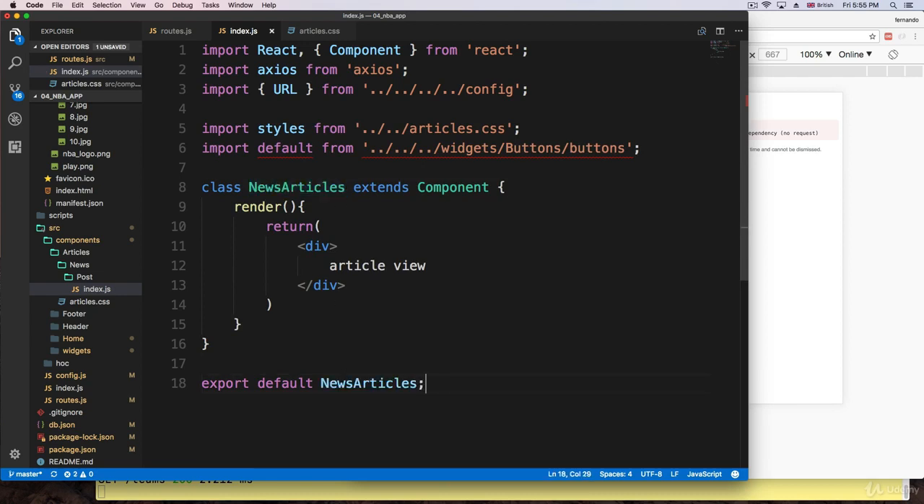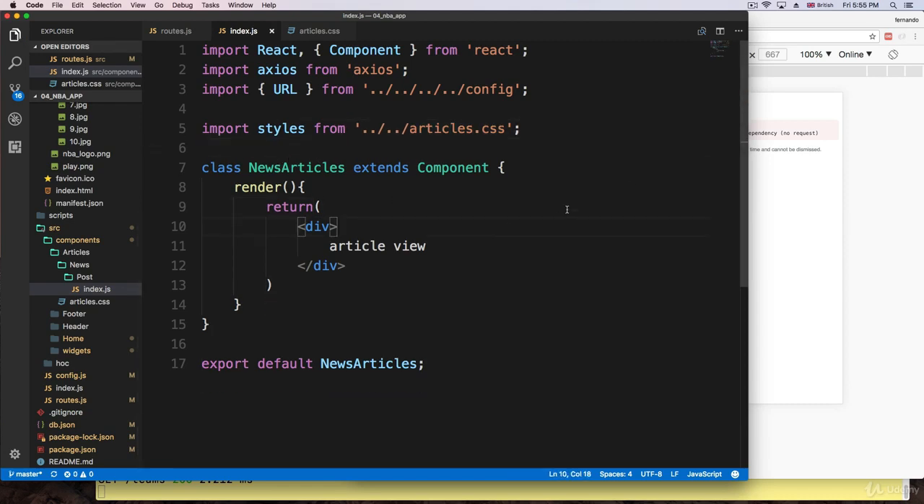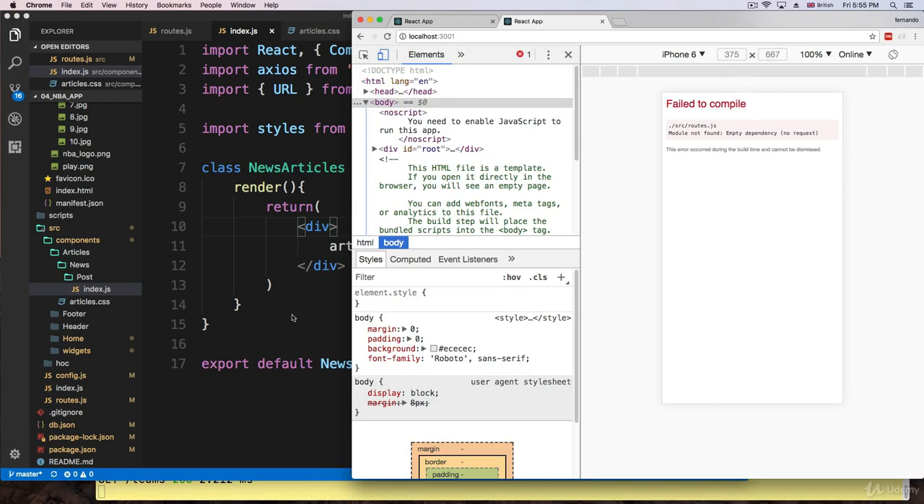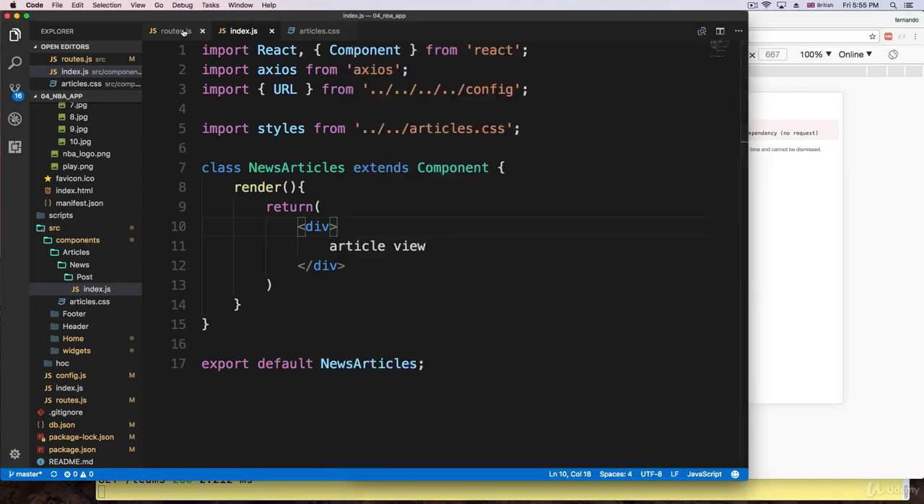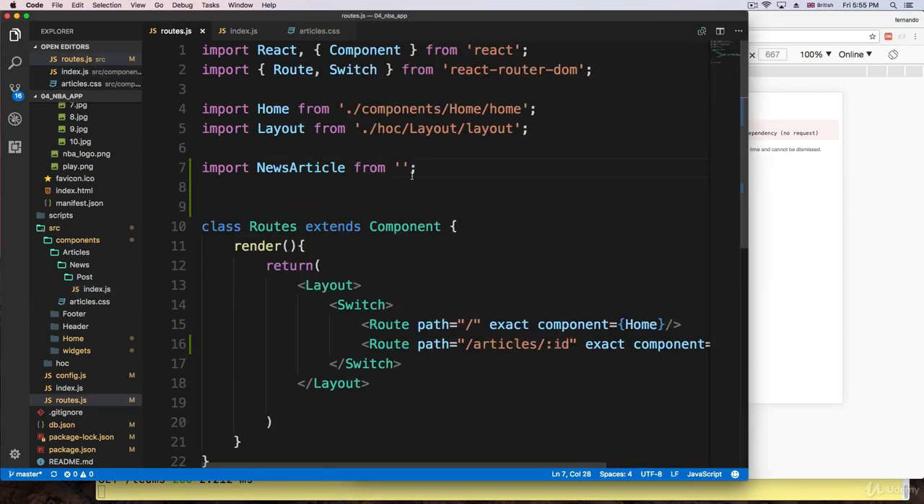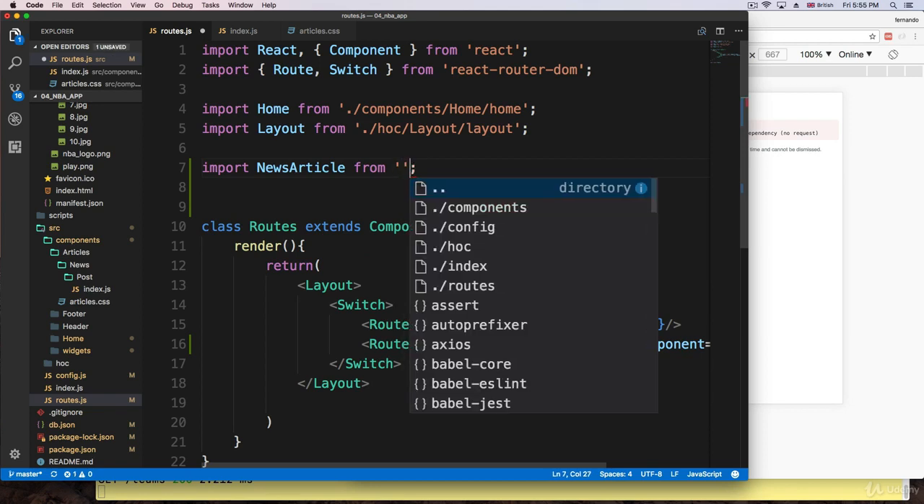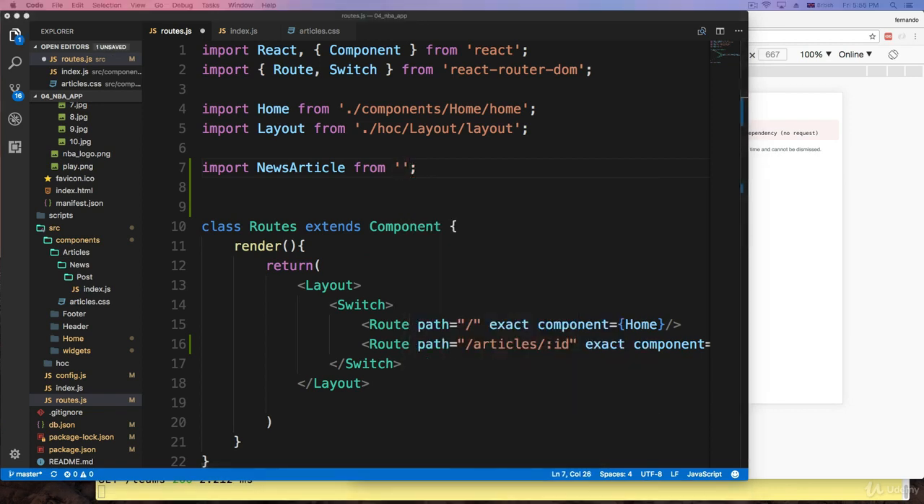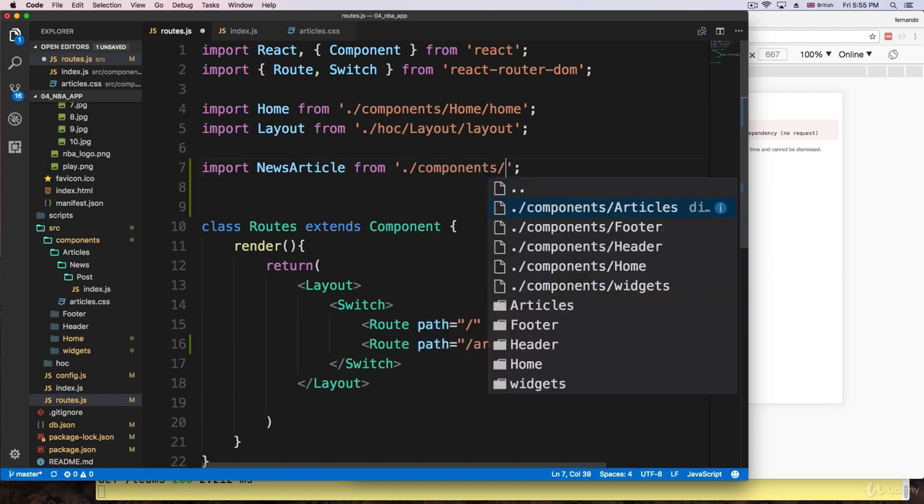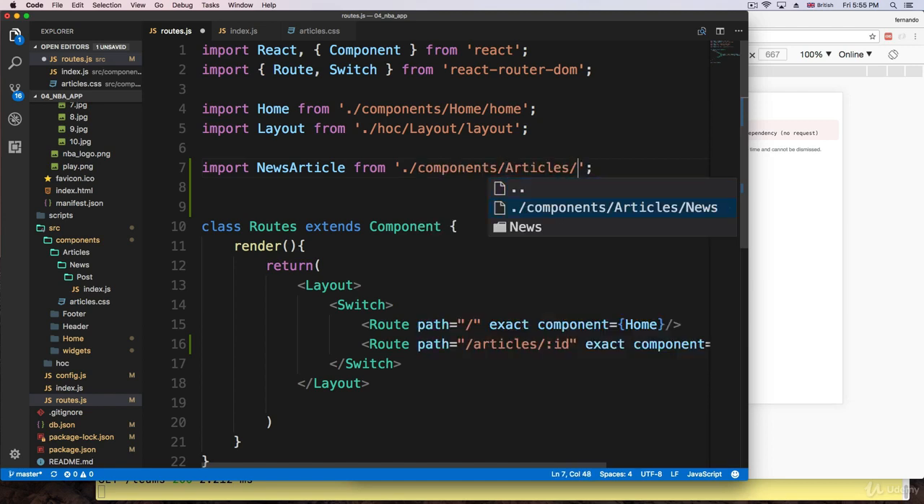Very good. Again, delete this. We don't need it. Okay. So right here, we are not importing anything. So I'm going to go back to routes, and I'm going to import that news article. It's going to be from, and the article is going to be a lot of directories up. So it's news article. It's going to be /components/articles/news/